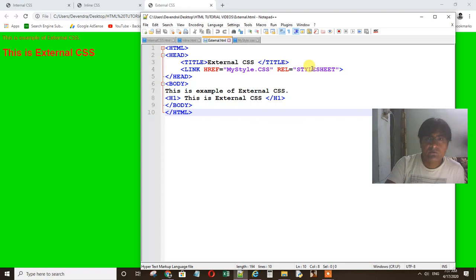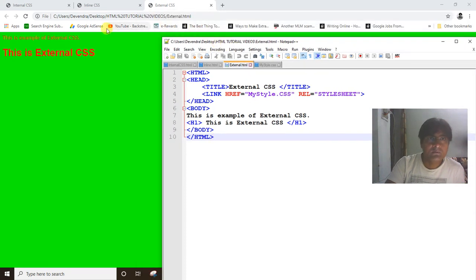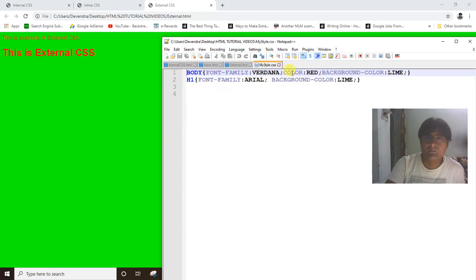Relationship equals to stylesheet. Normally as we code an HTML file, for using external CSS we have to create two files. One will be our HTML file and one will be our CSS file. This is a separate CSS file, mystyle.css. Look at this. In this file we have defined the rules for body and h1 as we had done in